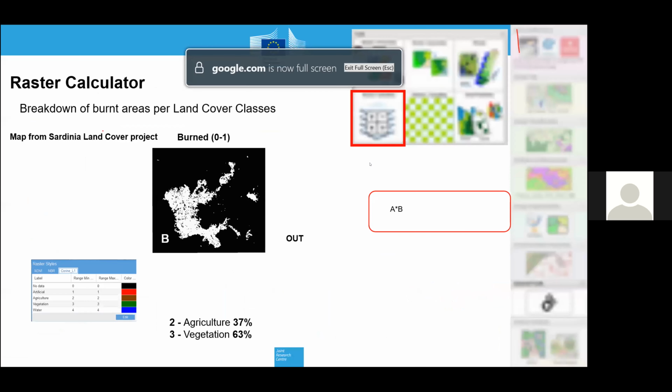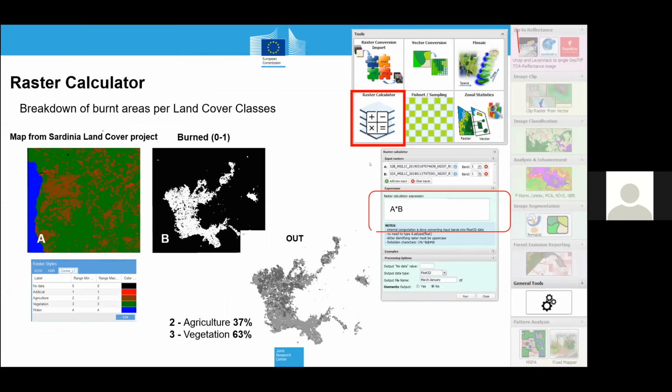Okay, I'm jumping to the end. What you can do also in Impact, but as in any other GIS, once you have your map, burned, not burned, you can intersect